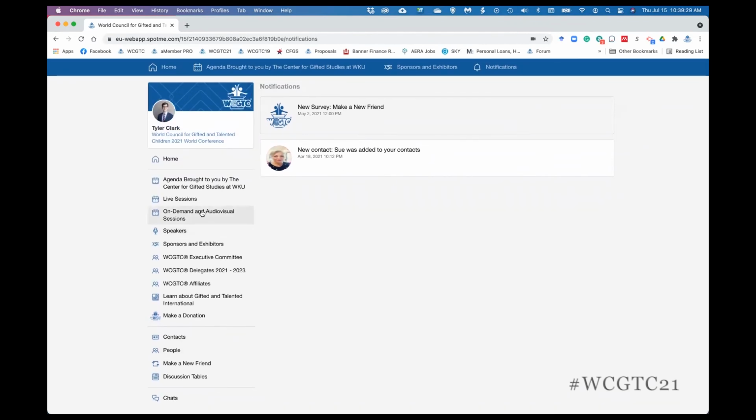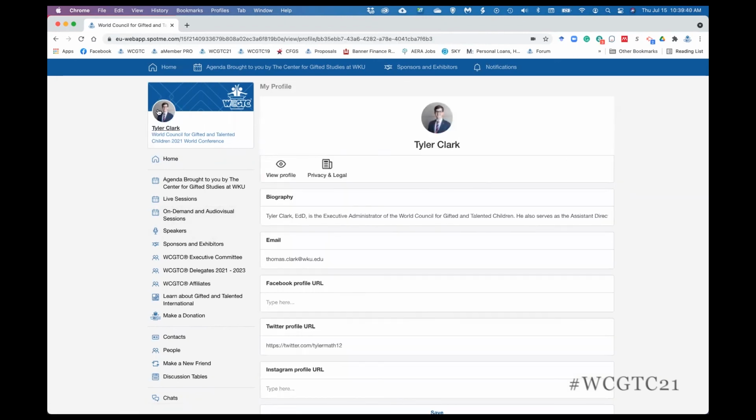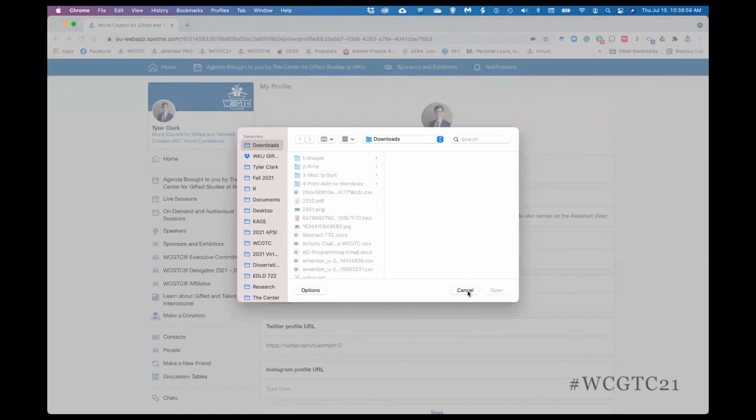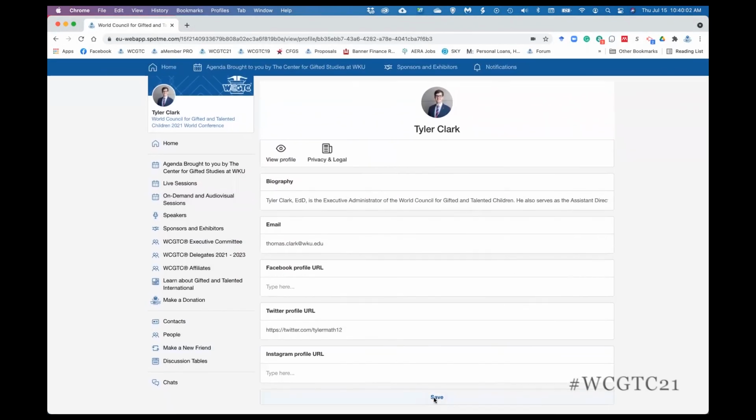The other thing that I want to point out to you is your profile. When you log in, you are not going to have your image in here or information. So you can click on your image here. It's going to just be a blank image. But when you click on that, it will open your profile. You can type in your bio, your email address should be left as it is in the system, but you can add in your Facebook, your Twitter, Instagram. And if you want to add an image, you'll hover over this, click the camera, and then upload a file. Then down at the bottom, you will click save. This will just help people know who you are and get a little bit more information about you.